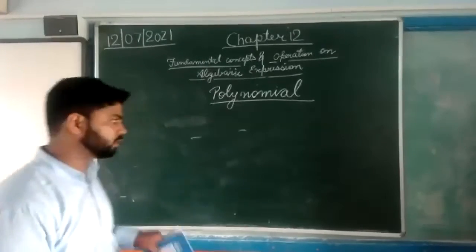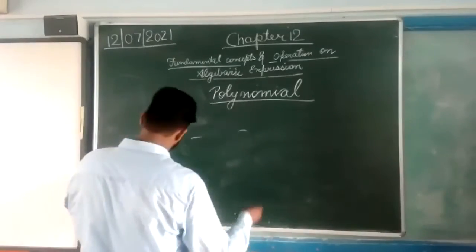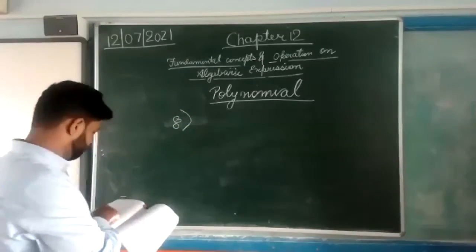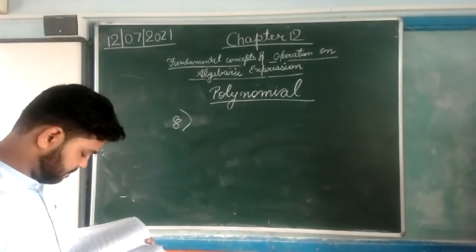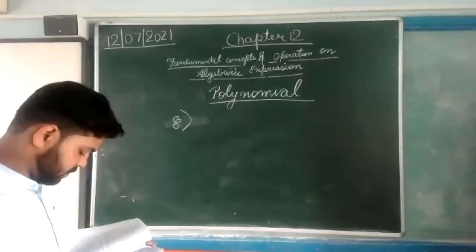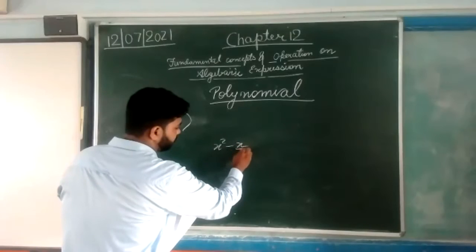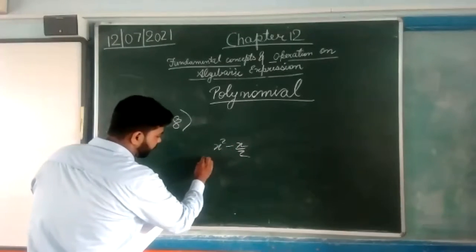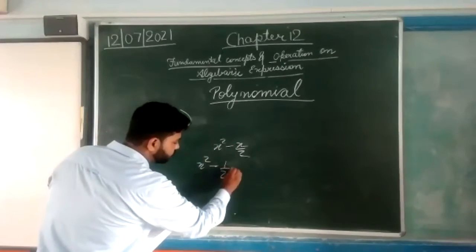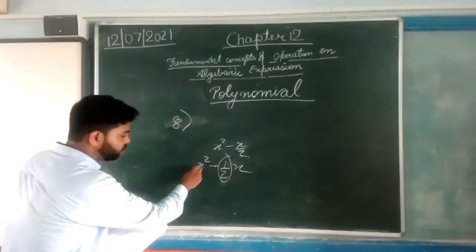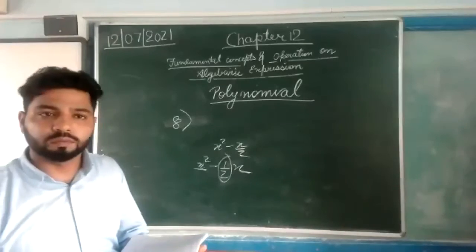Rudransh, yes. Yes, sir. Sir, I want to ask that in the sixth question, eighth one, this will also be a polynomial only, no? Sixth question, eighth one. That will also be a polynomial as it has given x square minus x upon 2. So we can rewrite it as x square minus 1 upon 2 x. It does not affect this. Only we have to look at the x thing. Okay?